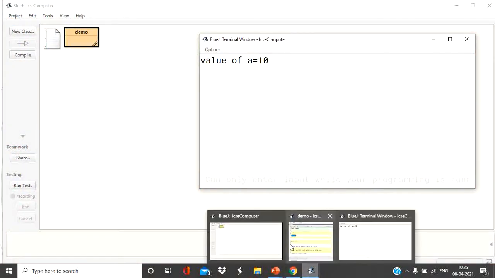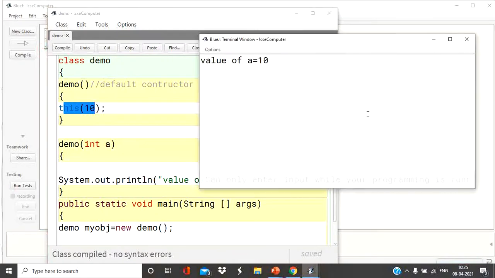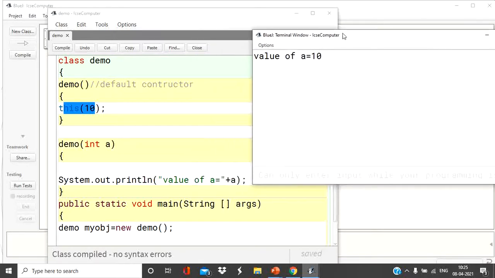What value have we given here? You can see we have given 10 in the this keyword and we are getting that value. So we can call a constructor by using the this keyword. You can call the default constructor as well as the parameterized constructor. So I hope you understood about the this keyword. Keep watching. Thank you.